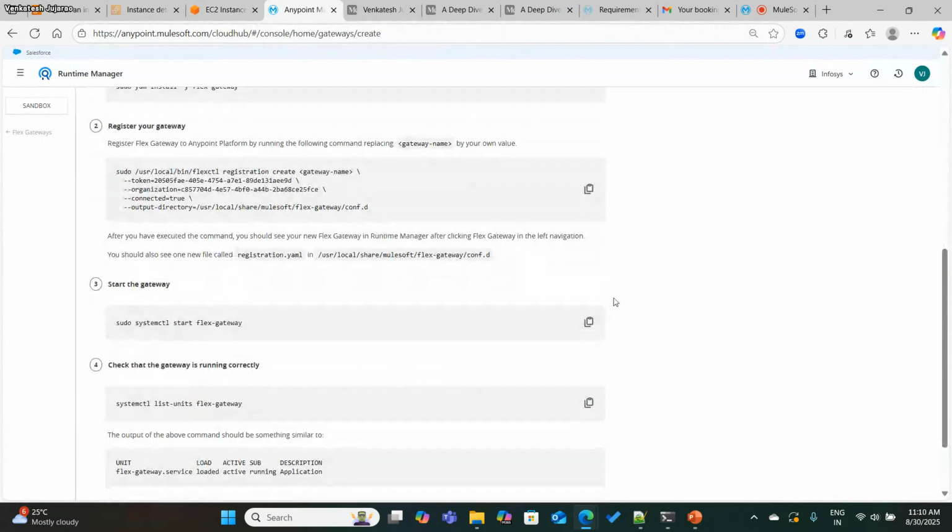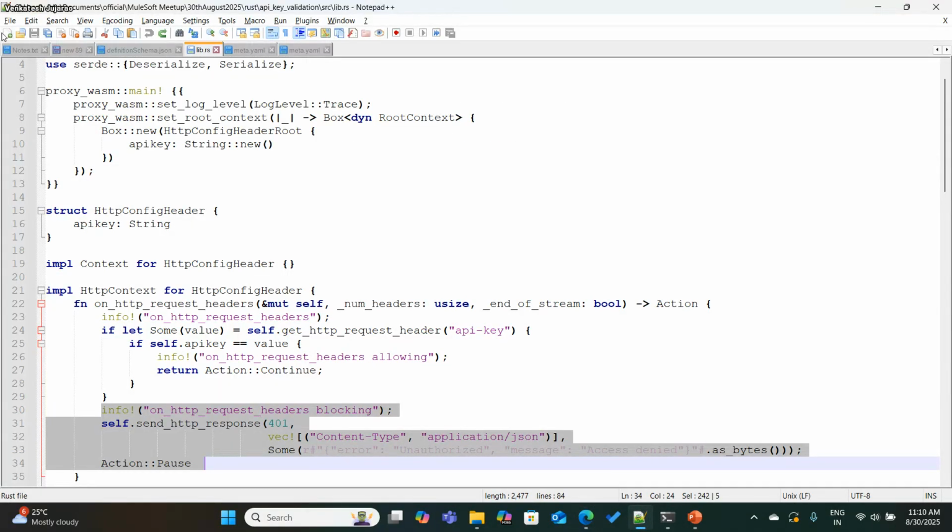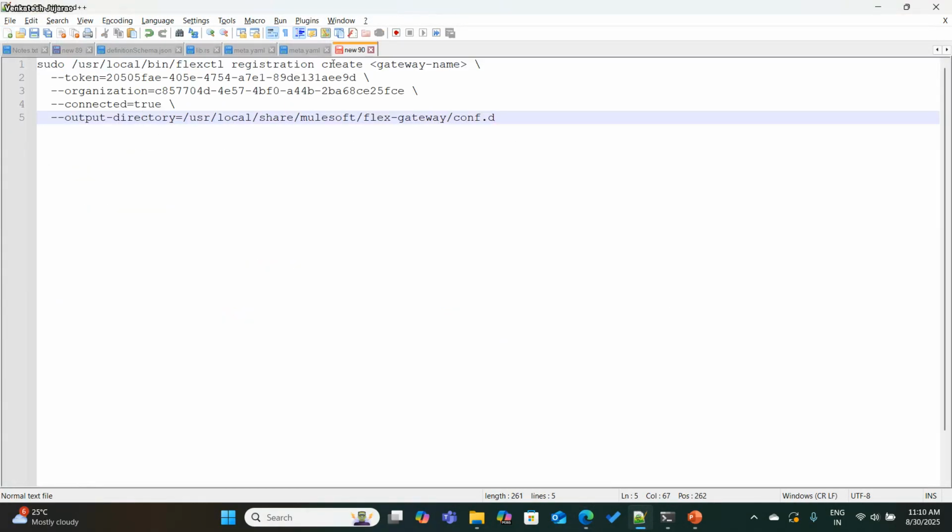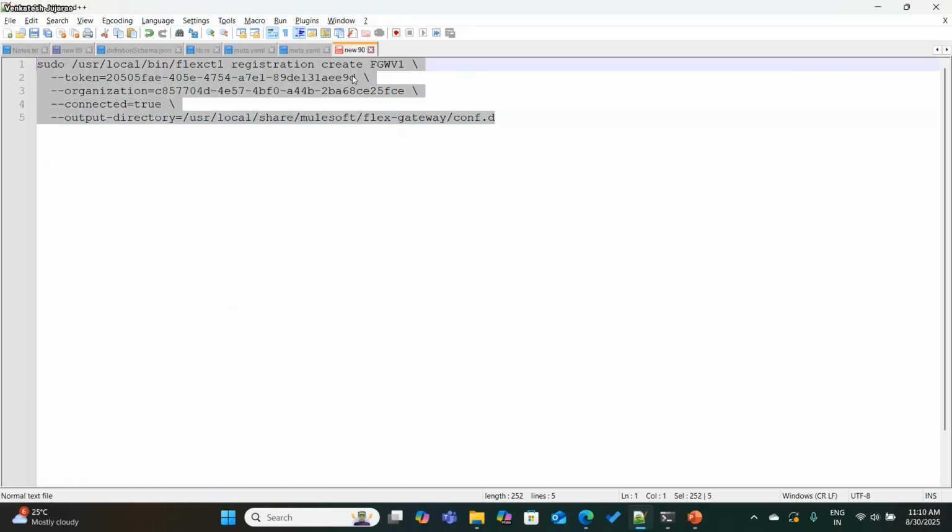I'll go to the next one. From here, I need to just replace one thing. So we have to give the Flex Gateway name. Okay, Flex Gateway Fun, I'll just give, and it will have our organization details, token details, and everything. So only we have to replace with our gateway name,